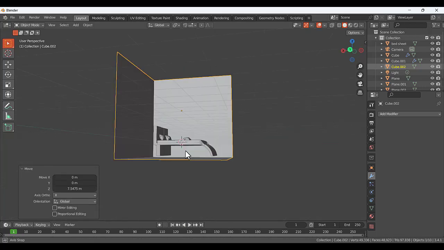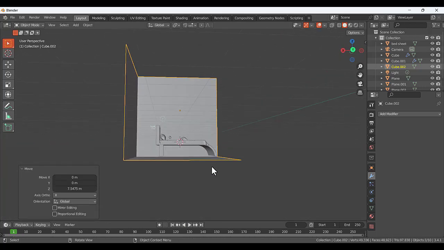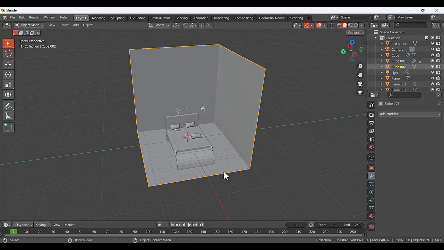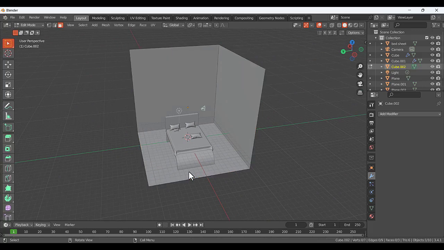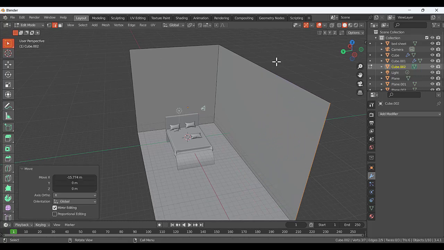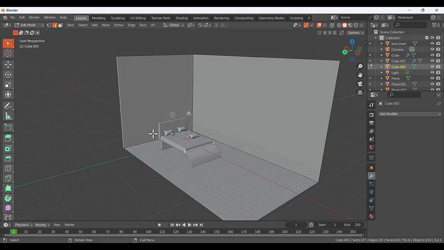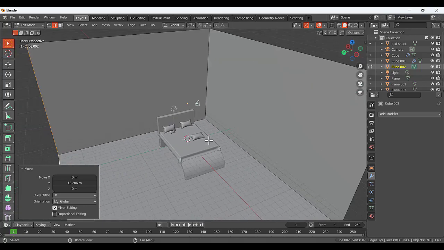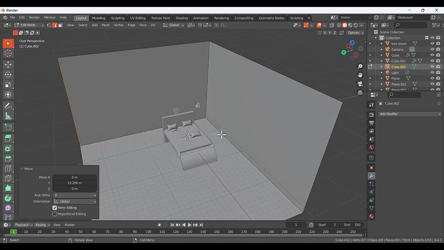2 to select this edge and then G, and move it in the X direction like that. Also select this edge, Shift to select this edge, and G to move it in the Y direction like that. So we have a bed scene here. Select this plane, and G, press 7 to go to the top view, select this one, G to move it like that, and then I'm going to select this cube, R to rotate it around the Z,